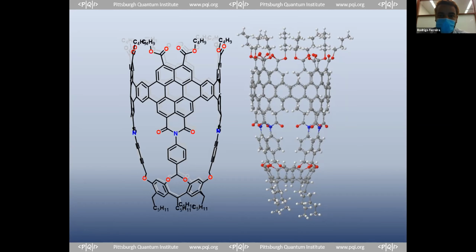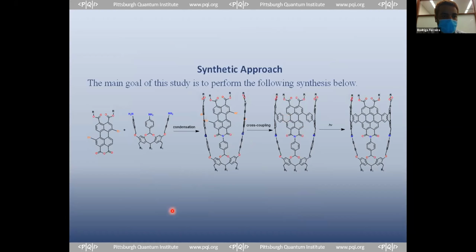In this work, we have tried to synthesize a specific tubularene. In this figure, we see the structure and the molecular model of that tubularene. As you can see, it is mainly composed of perylene-based walls with a resorcinarene-based molecular cap on the bottom region of the structure. However, one of the main challenges with developing such structures is the synthesis. To solve this challenge, we adopted a synthetic approach in which we start with two reactants. The first one composes the walls of the tubularenes, and the second one composes the basal structure.